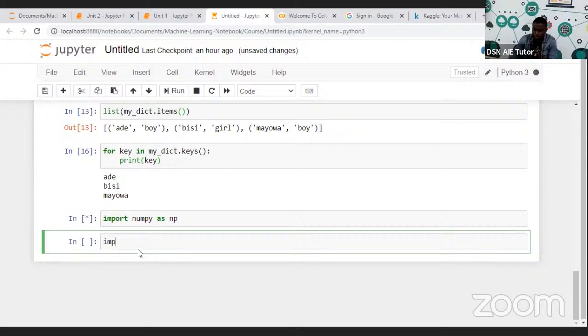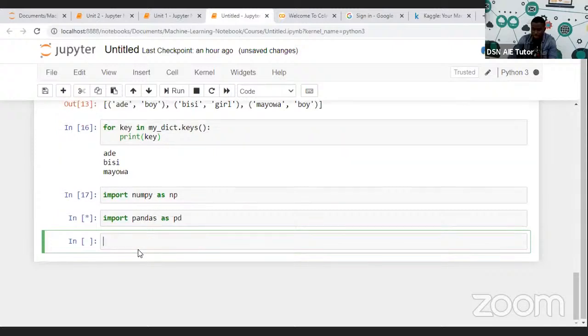And also import pandas as pd. Let's try and make sure it's on. Go online, watch a lot of YouTube videos on NumPy, how it's being used, pandas, how they are being used, and try as much as possible to experiment and work with them. And I'm sure, Fumi, by next class they'll provide you a form of data set that you guys can use